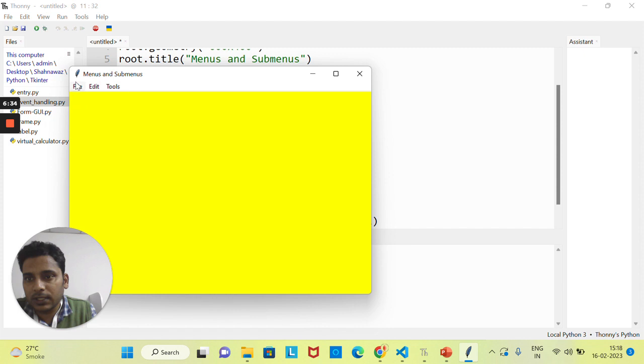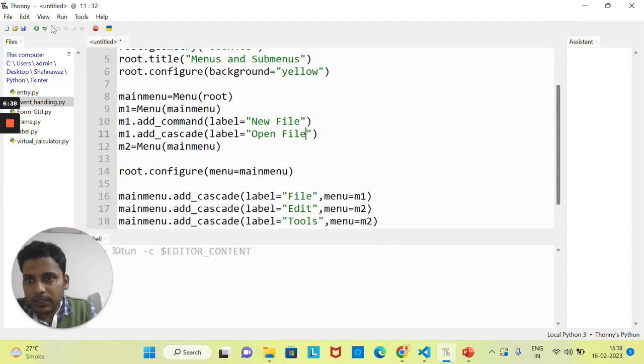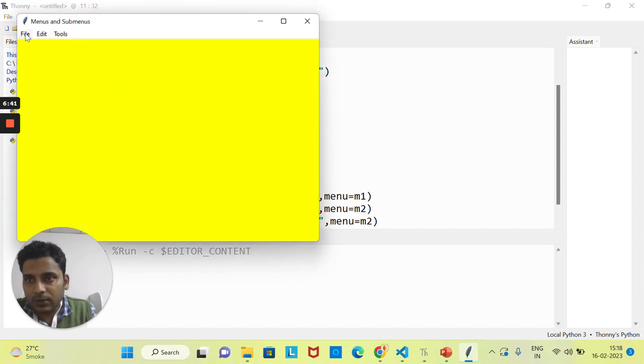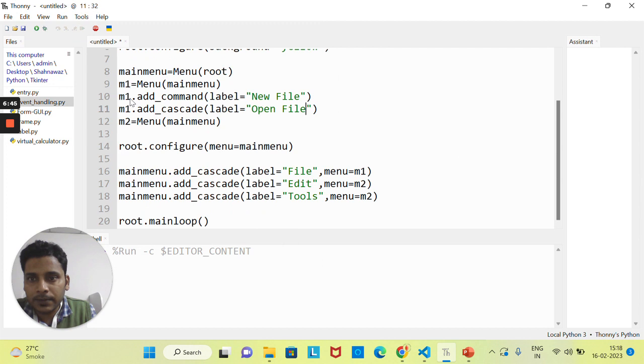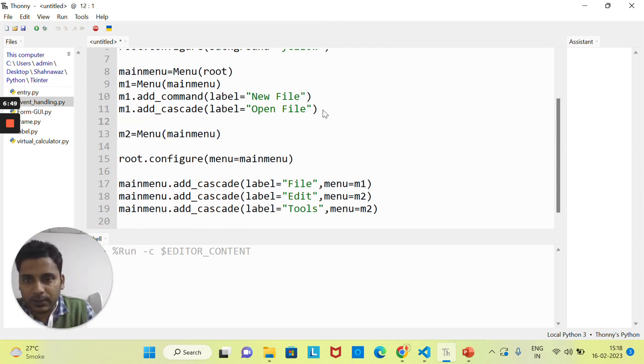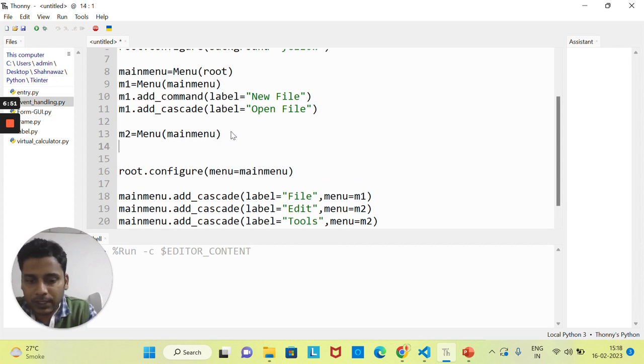If I click on new file, nothing is there, right? Okay. So again if I run this one, now see, if I click on file, both are there. If I click on edit, nothing is there, because till now we have added only in the M1 menus, right? Now let's add something in M2 also. So this is our M2. If I click M2 dot add